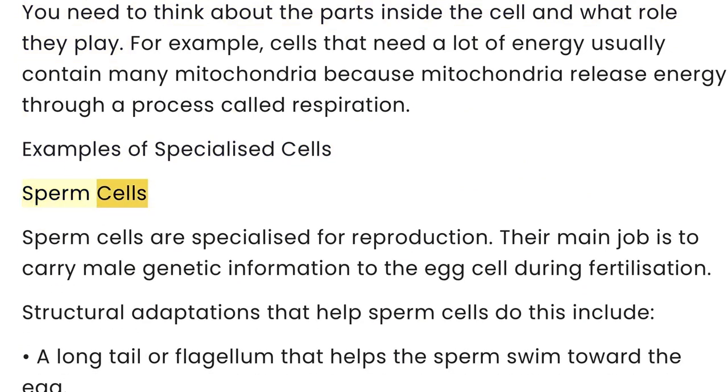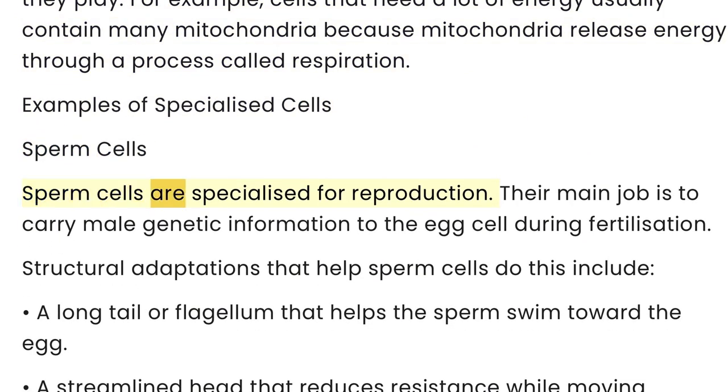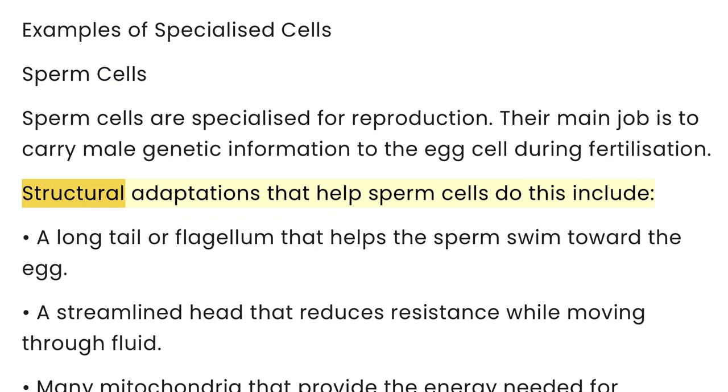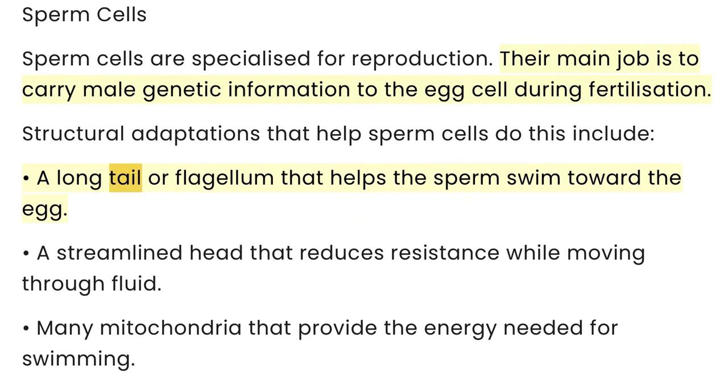Examples of specialized cells. Sperm cells. Sperm cells are specialized for reproduction. Their main job is to carry male genetic information to the egg cell during fertilization. Structural adaptations that help sperm cells do this include a long tail or